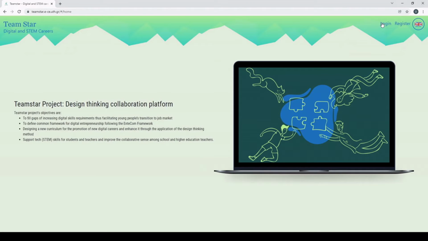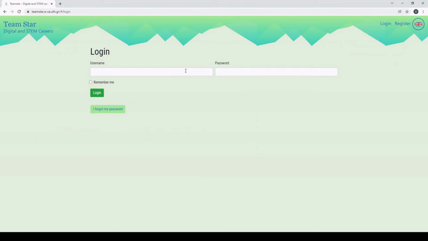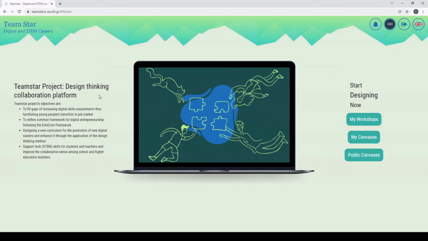Let's begin first by logging in as a teacher and see how to manage Create Canvas. As a teacher, my options are slightly different because I have access to my workshop, but also my canvases and the public canvases.